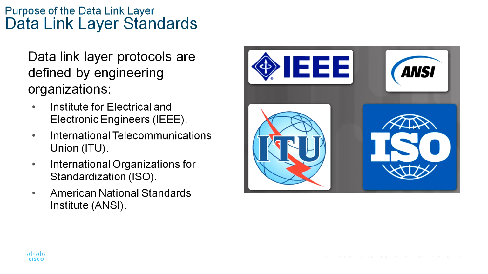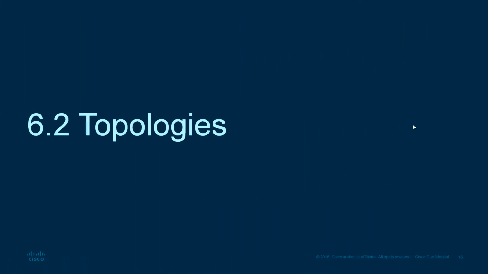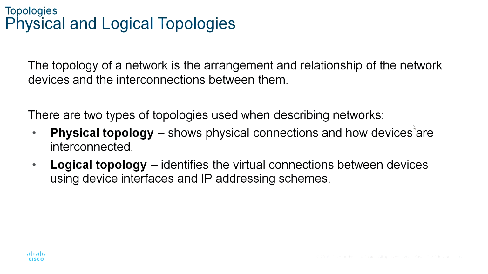Okay, next one, you can see the topologies. In physical and logical topologies, as you learned in the previous topic, the data link layer prepares network data for the physical network. It must know the logical topology of a network in order to determine what is needed to transfer frames from one device to another. This topic explains the ways in which the data link layer works with different logical network topologies.